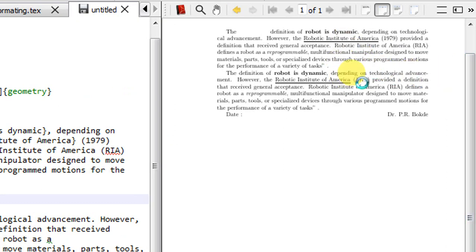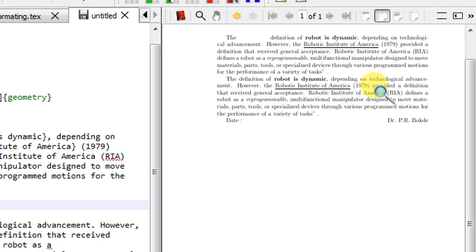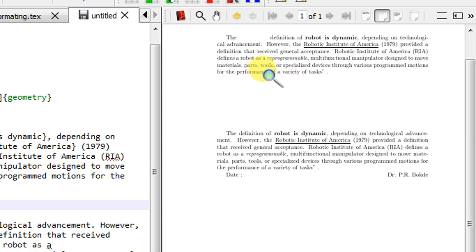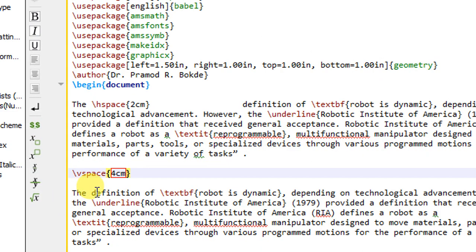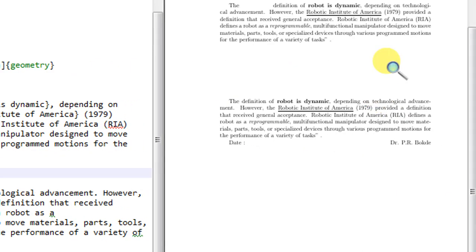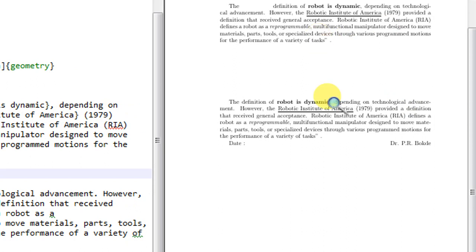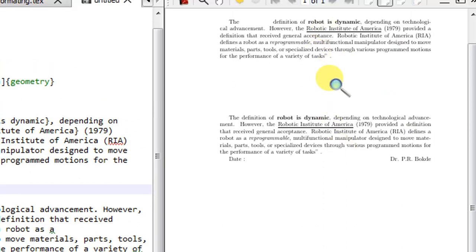Let the compilation end and observe the output. If you see here, the vspace 4 centimeter command has left 4 centimeter between these two paragraphs.